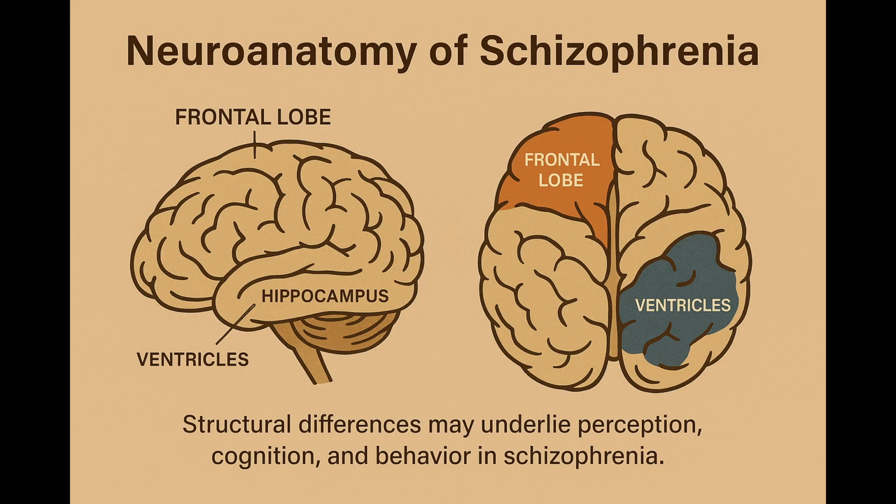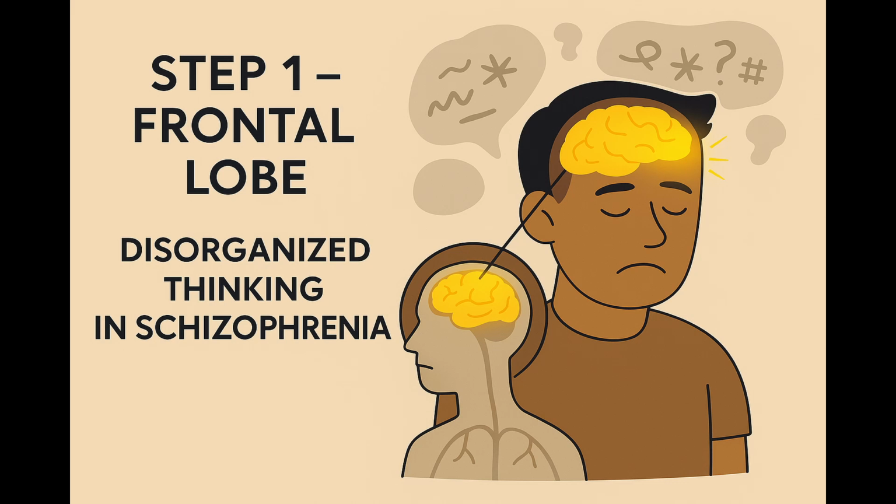This image visually summarizes how different parts of the brain contribute to various symptoms. Step 1: Frontal lobe, disorganized thinking in schizophrenia. The frontal lobe, located at the front of the brain, is responsible for planning and goal setting, decision-making, managing emotions and social behavior, organizing thoughts and speech. In schizophrenia, this region may be underactive or structurally altered, leading to disorganized thinking, poor decision-making, irrational or impulsive behaviors,